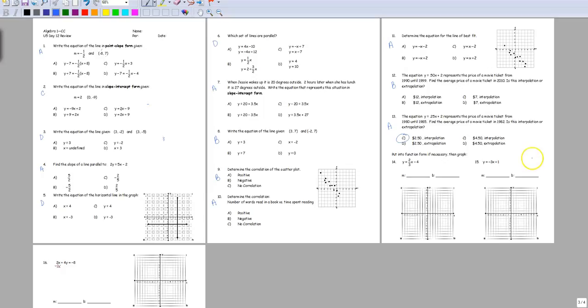Hello, Algebra 1. Alright, so hopefully at this point you have completed problems 1 through 13 of the multiple choice review. I want you to take a minute to check your answers based on what I have listed above here. So once you've checked your answers, I'm going to go through each of these